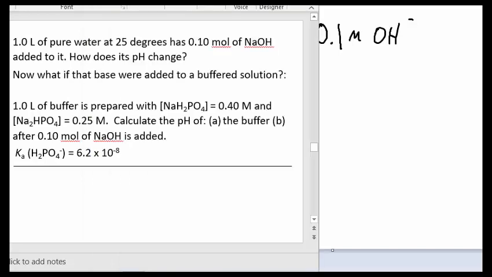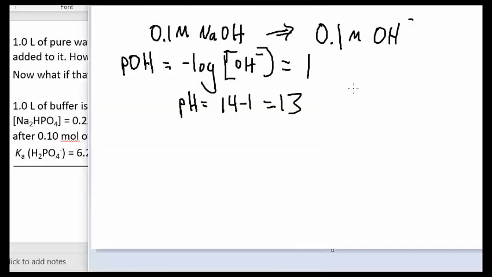Okay, now let's get into this problem. One tricky part might be figuring out what is the base and what is the acid. This stuff looks similar to this stuff, right? But this is a polyprotic acid. This might look familiar. Phosphoric acid